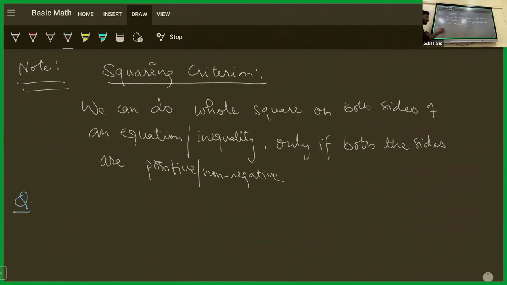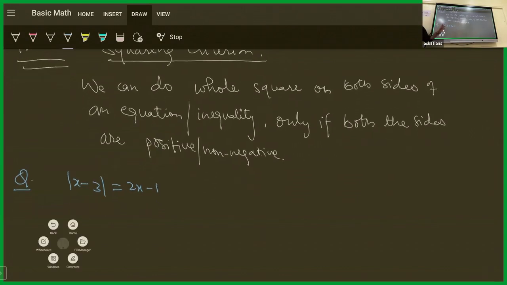Now let's suppose again we are solving the given equation, that is |x - 3| = 2x - 1. What is the exact method to solve it? First, either you make cases by making number lines, but that will again be a bit lengthy. Second method is squaring both the sides, which we want to use, but in that case first thing is